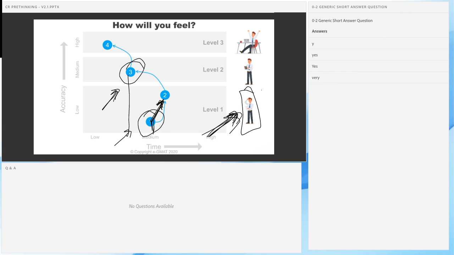Okay. But bottom line is, this is a process of learning. And speed here, or time to answer questions, is not a skill that you build. It's an outcome of the fact that you're building those core skills, and it's going to happen automatically. Okay. So don't worry about timing. Focus on building that skill. And as you focus on building that skill, your brain will figure out how to visualize arguments better, how to connect statements better. And as those connections happen, you're going to get much faster at doing things.